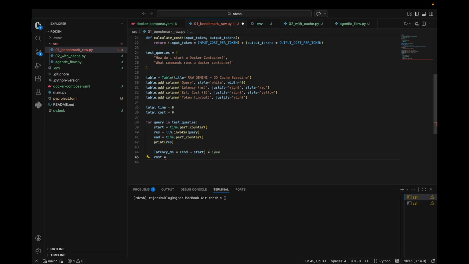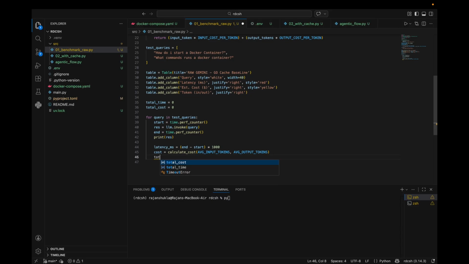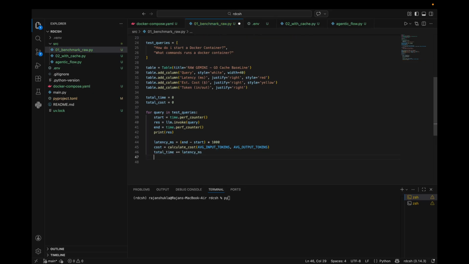Thousand cost. Calculate cost. For now, let's put the average input. Let's put the average output token. So basically I just wanted to see first, is everything working fine, and we can also add to the total time latency milliseconds. Total cost is equals to